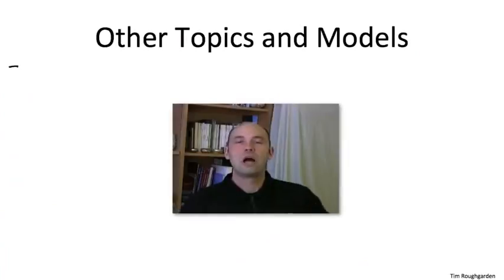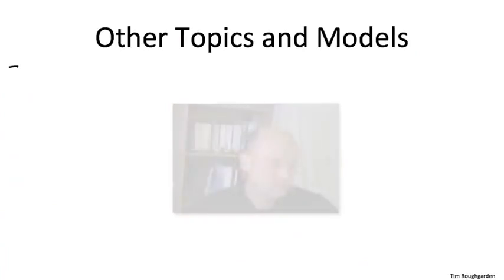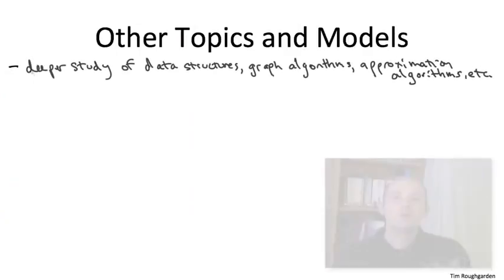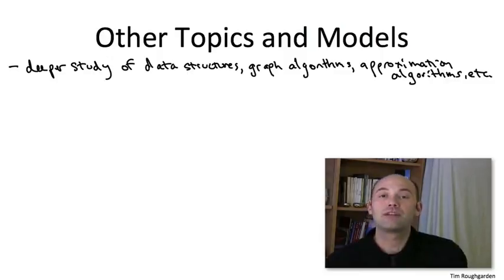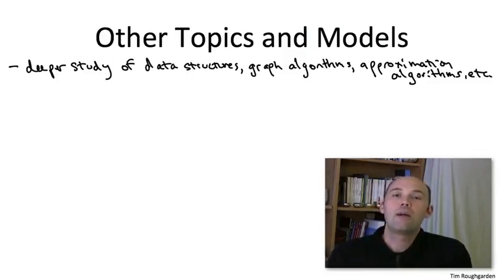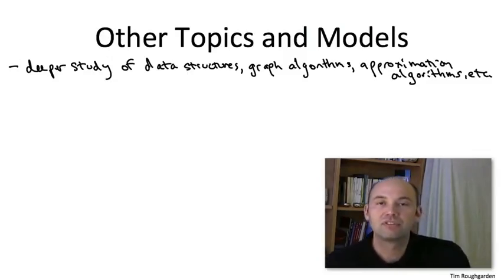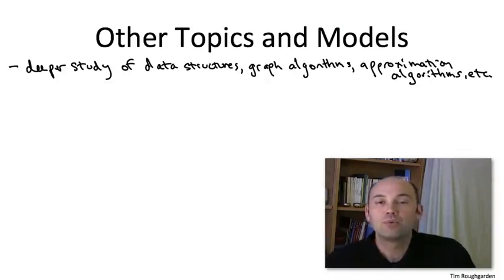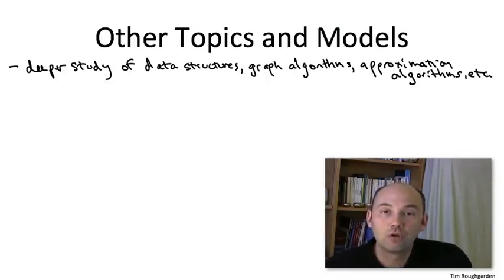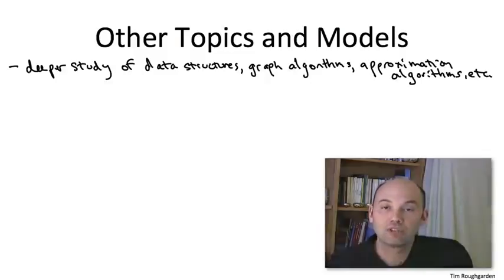What are some other important topics we haven't had time to discuss? Well, first of all, for many of the topics that we have discussed, we've only scratched the surface. There's beautiful and useful stuff beyond what we've discussed in these classes on topics ranging from data structures, for example, with hashing and with search trees, to graph algorithms, we already mentioned matchings and flows, to approximation algorithms like better heuristics for the traveling salesman problem.